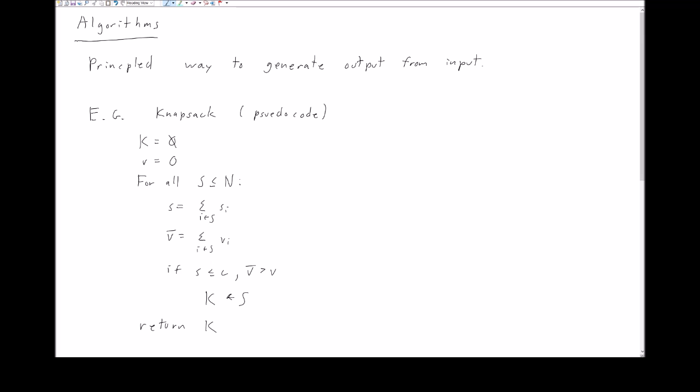Here we have an example algorithm for our knapsack problem, and in this case it's written in pseudocode. Pseudocode is just some code-like way to describe our algorithm. In our pseudocode, we have a set K, initially equal to the empty set, that's going to be our current best set. It's going to be the set with the highest value that satisfies our constraints. We also have a parameter V, initially equal to 0, and V is going to be the value of our